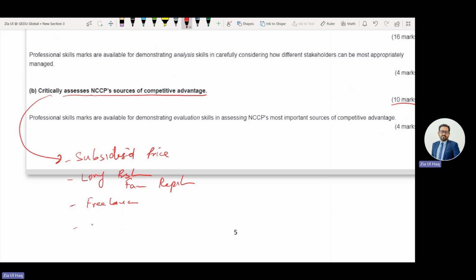Then the company is using volunteer staff. And what do volunteer staff do? They are experienced and competent as well, and they are working free of cost. They are helping the company in meeting cost efficiencies. And through cost efficiencies, the company can adopt more suitable strategies as compared to competitors. Because competitors